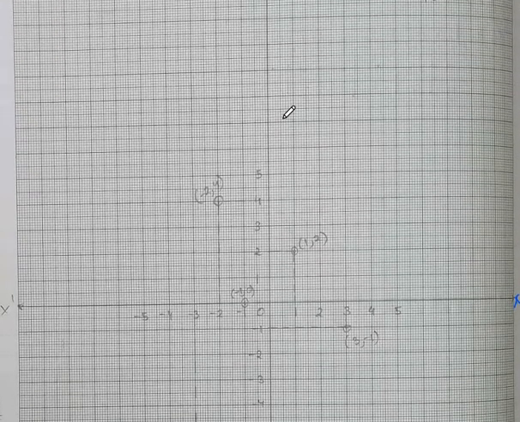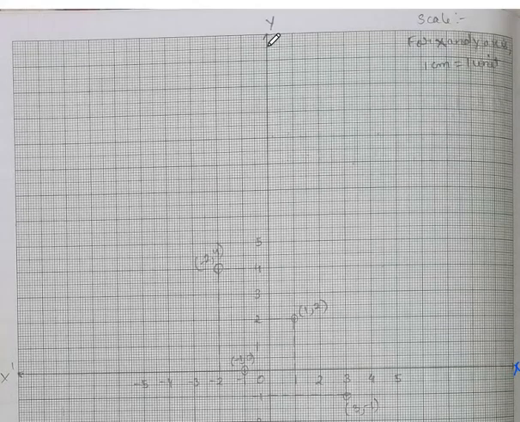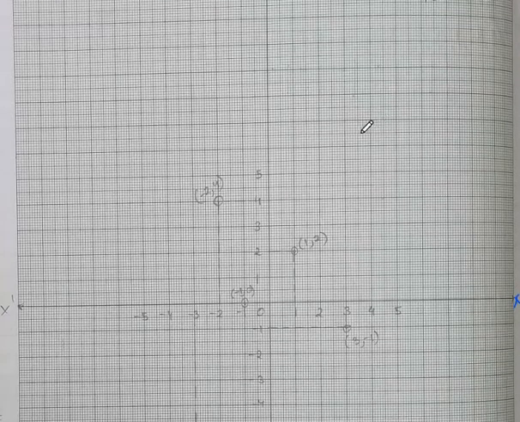So use your graph paper. You can make it about 50 by 50 and use the full page. Draw one horizontal line and another vertical line. Both are mutually perpendicular. The scale should be written on the top, where I have written it. For the x and y axes, 1 centimeter will be 1 unit. This is our centimeter graph and we will be counting 1, 2, 3, 4 only.